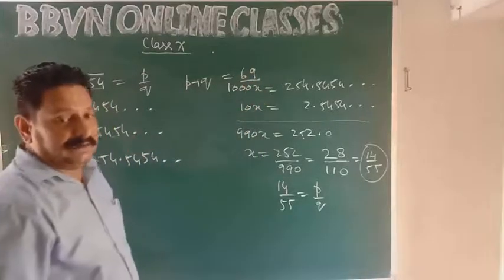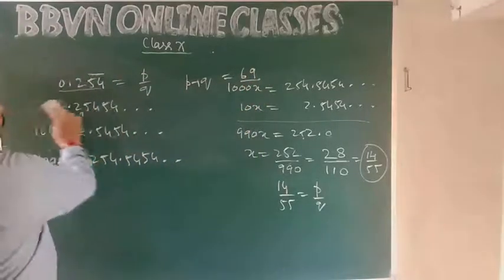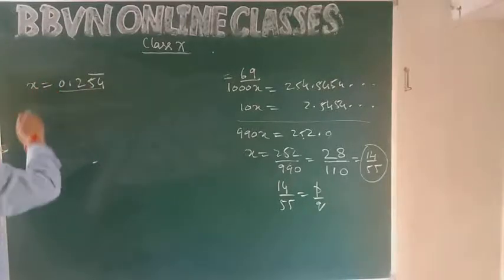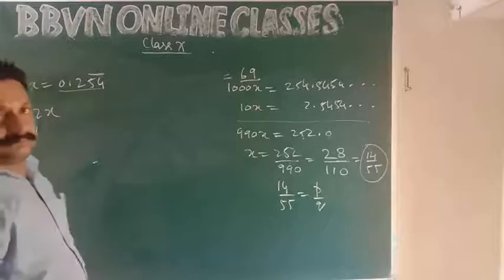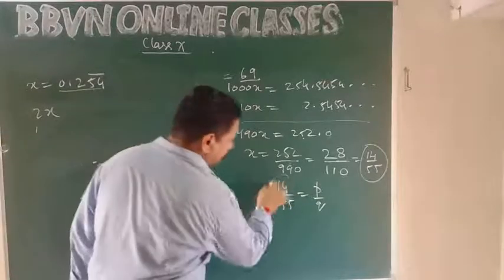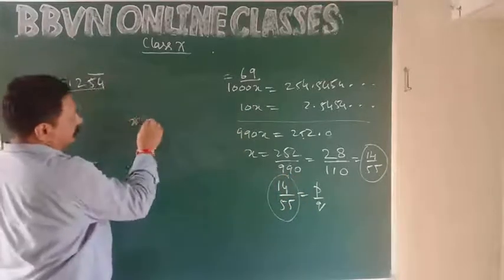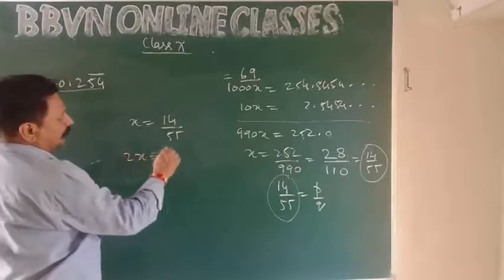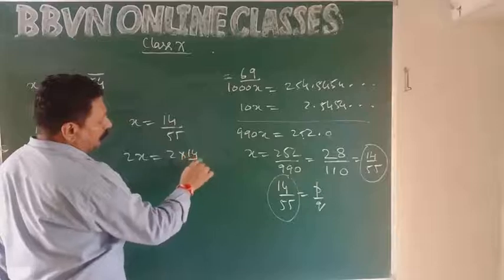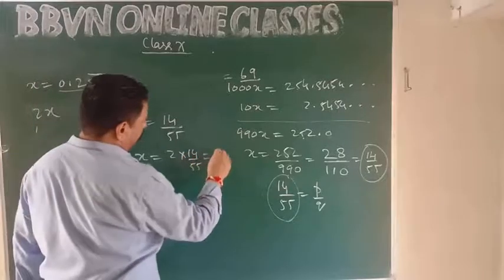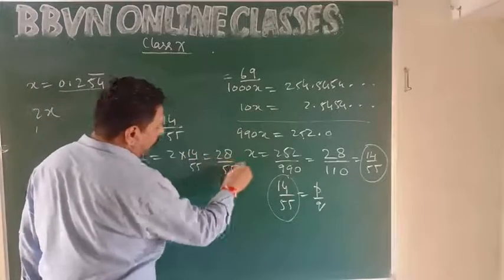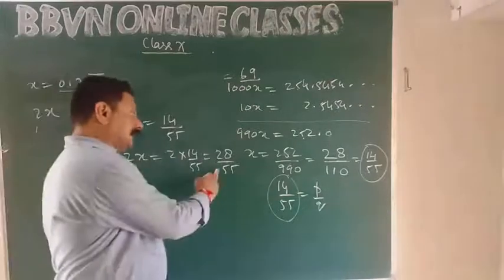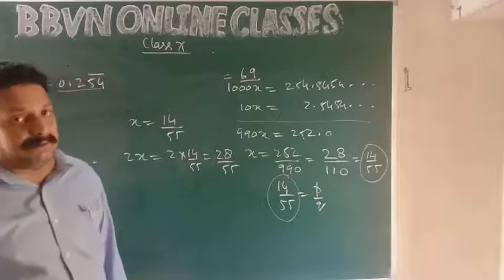ऐसा पूछ सकता है, या क्वेश्चन आपको ये बोल सकता है कि this is x. Find the value of 2x. So you have found x. x क्या है हमारे पास? x is equal to 14 upon 55. You want 2x. So 2 into 14 upon 55. That is 28 upon 55. And if the question says कि find x not in the rational form but in irrational form,